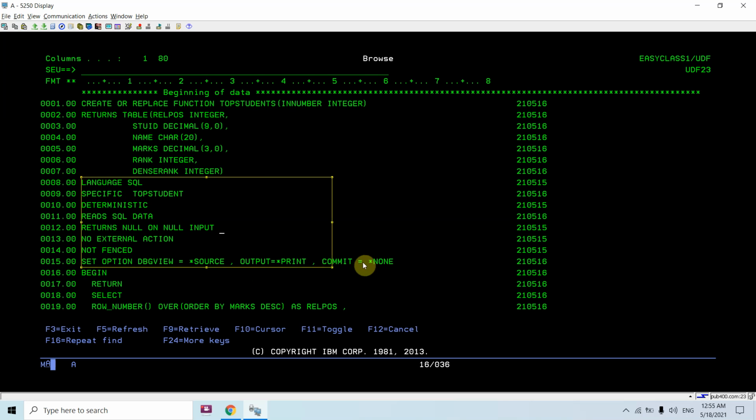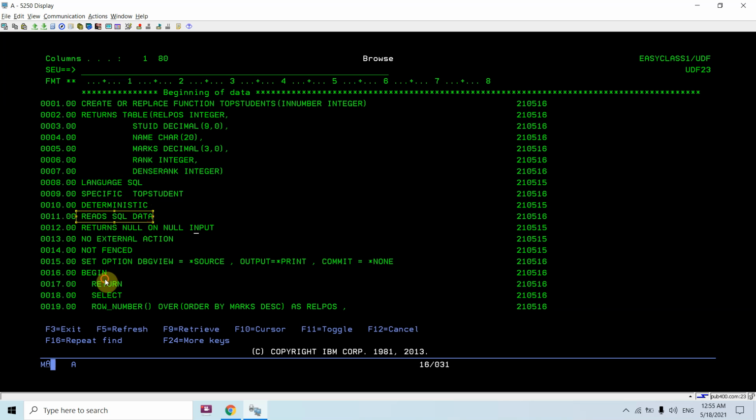These are the SQL properties: language SQL. Specific top student means the service program object gets created with this name, which is always unique in any schema. Deterministic means that whenever we call it a second time with the same parameters, the cached result will be fetched.